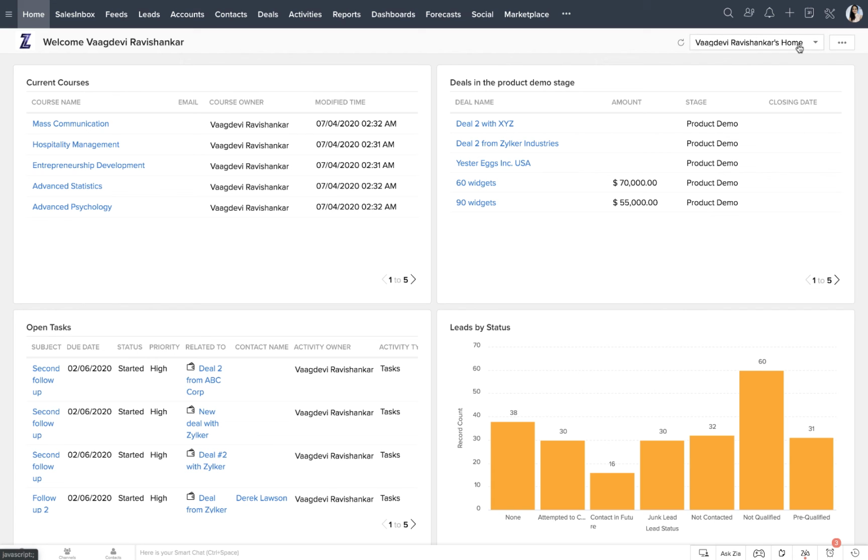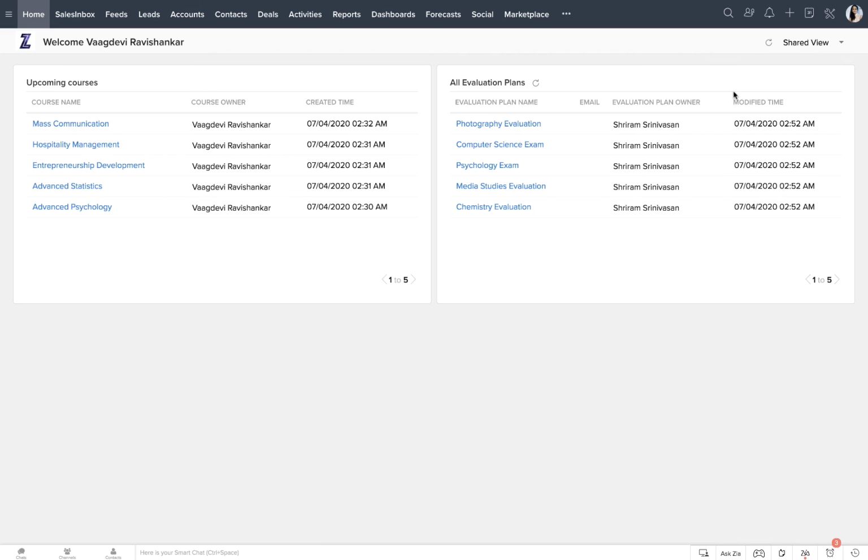And in addition to the classic view and users homepage view, you have something called the shared view, which is nothing but a homepage view that is pushed to users by the administrator. For example, this shared view is pushed to me by my administrator. Now, administrators or managers, from the organization's point of view, might want their users to keep a track of certain components. So the administrator creates a view and simply pushes that to the users required. Now that is the shared view.